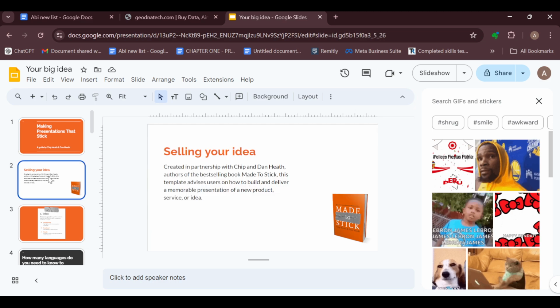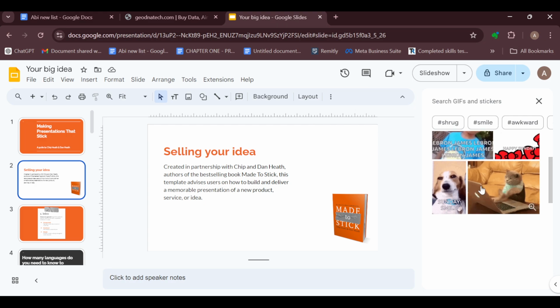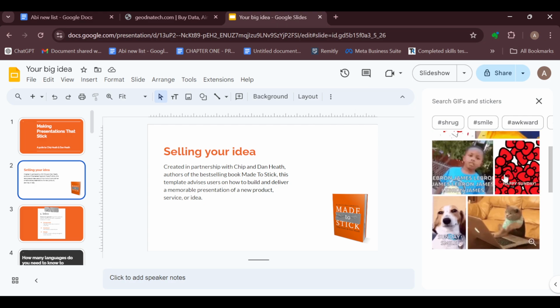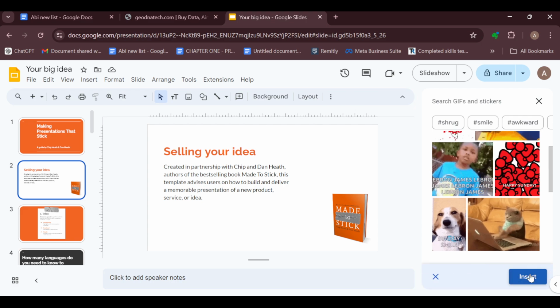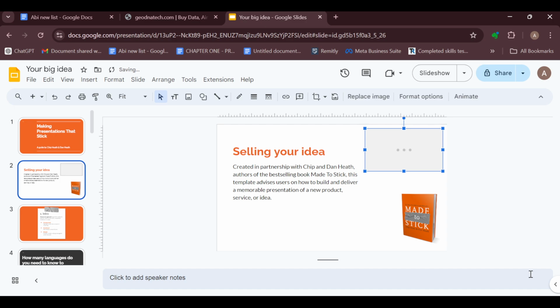Okay, but to add this GIF, I'll be adding the GIF to this particular slide. So now you can see some GIFs here already. You can see stickers here. So you can just go ahead and select the one that you want. So by selecting it, you can see the start button by the bottom right corner. Click on insert, and then you wait for it to load, and then the GIF will be added to your